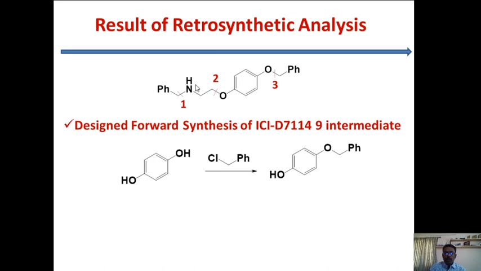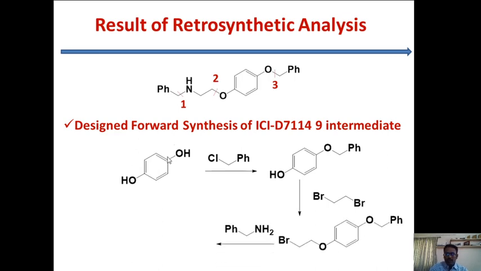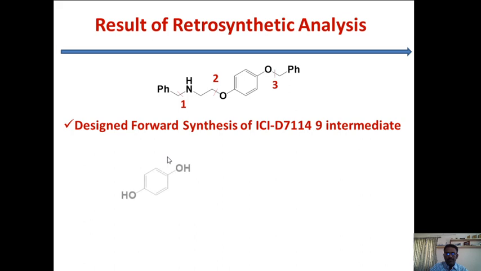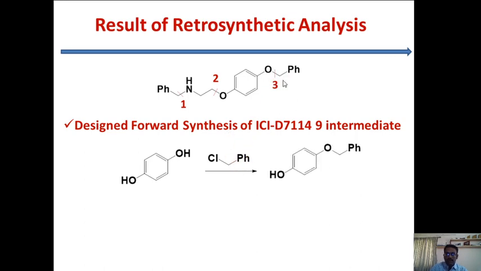Now after breaking bonds 3 and 2 and 3, we finally end up with this molecule. Sorry, I will go one by one. After breaking these two bonds, we will have this as a starting compound. So when you treat this one with this molecule, that's chlorobenzene, then you can easily get this part. So you carry out this step first, because we are breaking this bond at the last.